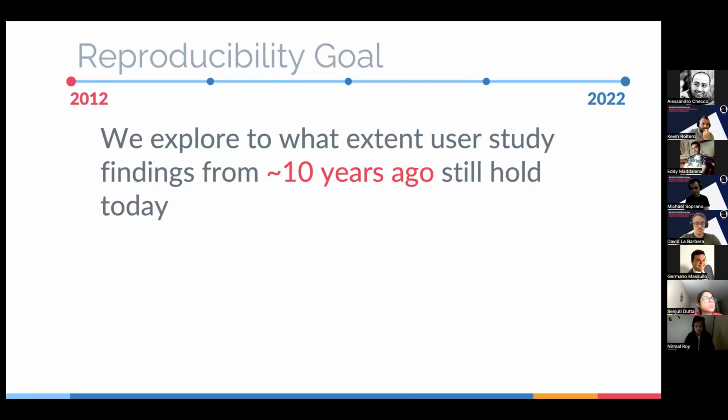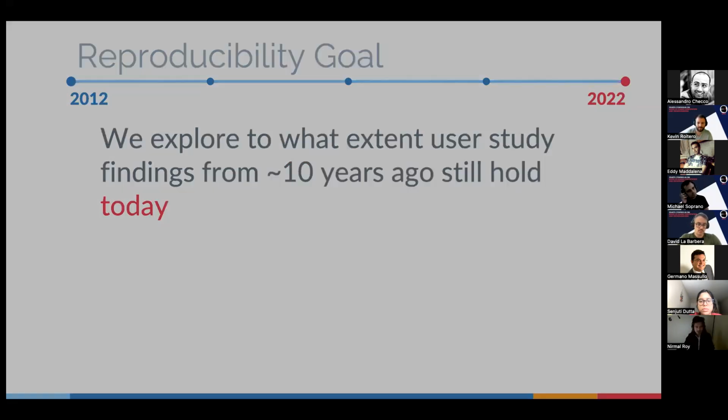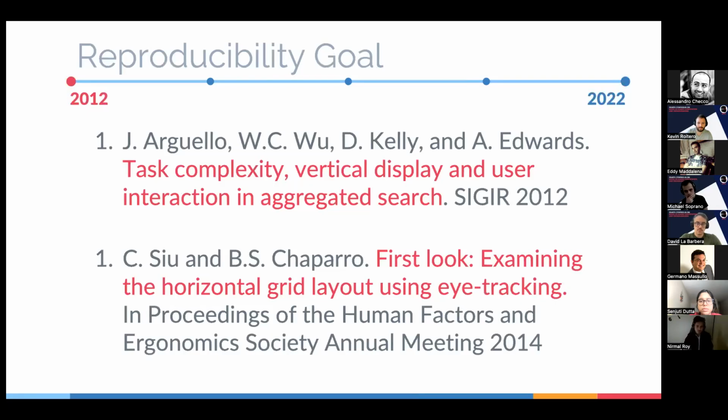So on this note, we explore to what extent user study findings from 10 years ago on, let's say, simpler SERPs still hold today, and to what extent the ever-evolving SERP has affected user interactions. Do users exhibit different behavior today than what they used to do a decade back? Specifically, we focus our